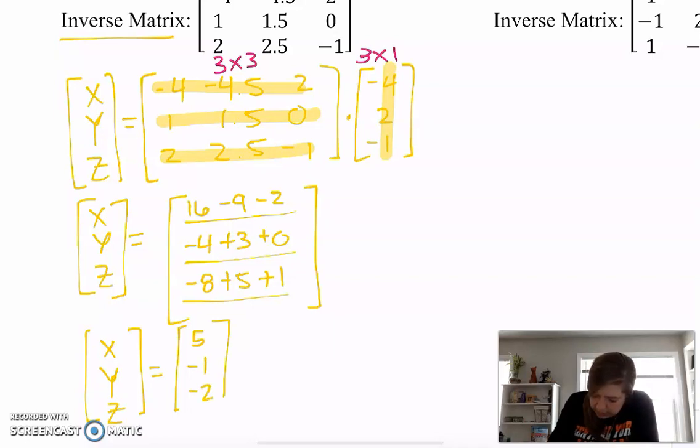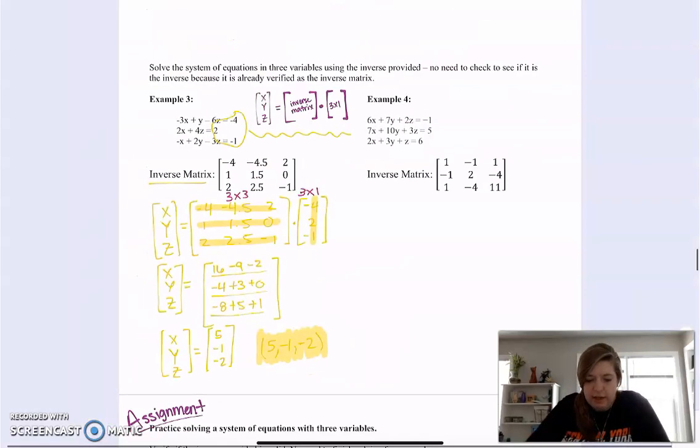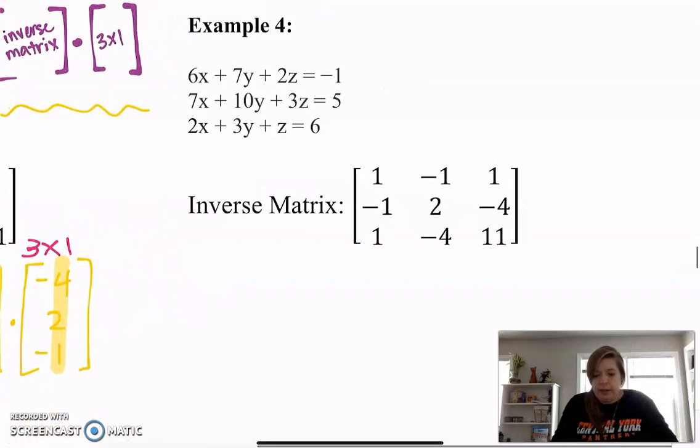So that is your x, y, and z. So the process of actually solving, once you know you've got the inverse of your coefficient matrix, is we just multiply it by whatever your equations equal, and that will be your x, y, and z value. So for the second example here,